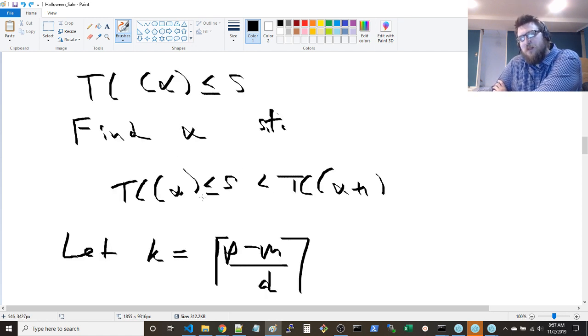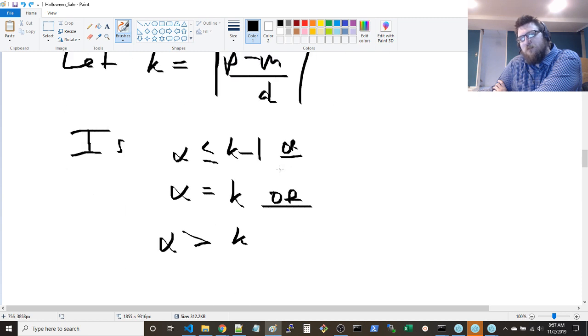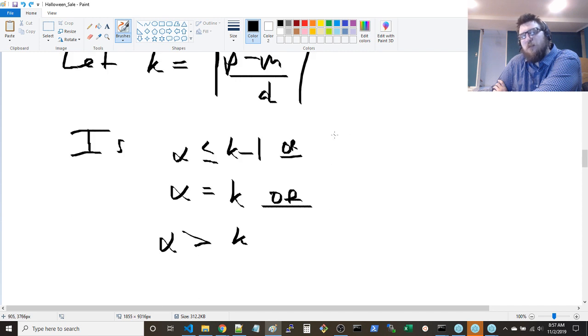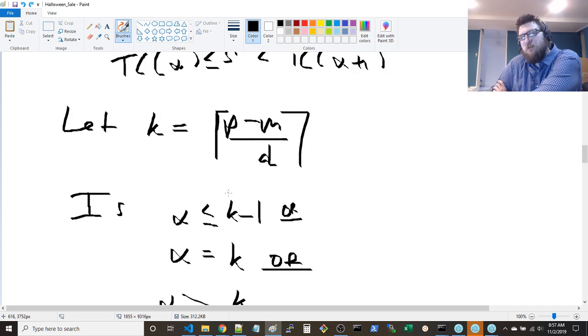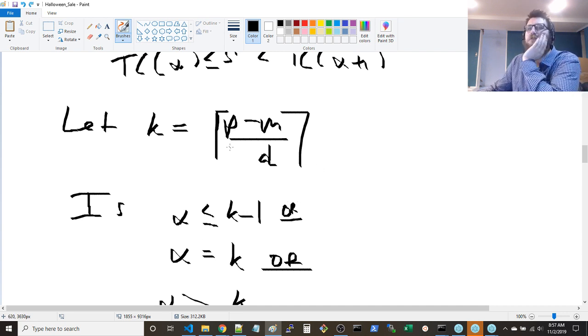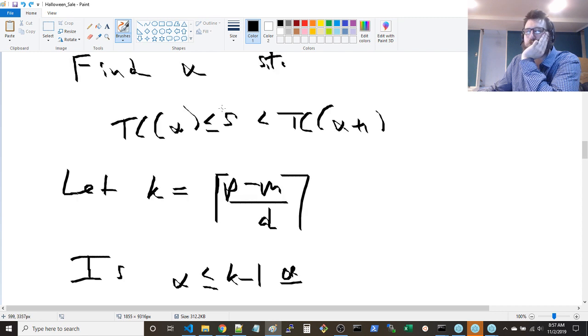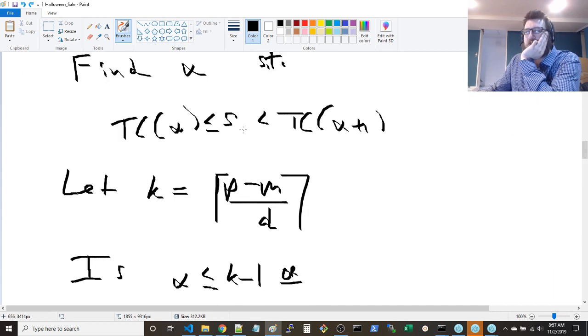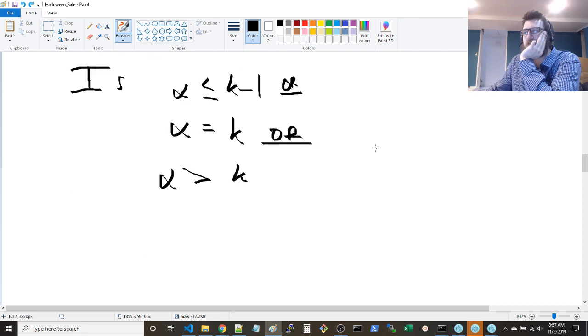So what do we do? Well, I guess you could consider each case and just verify each case one by one, all 3 cases. So what you would say is consider this case. Well, for starters, I think what you can do is take the difference between, in order to know which case